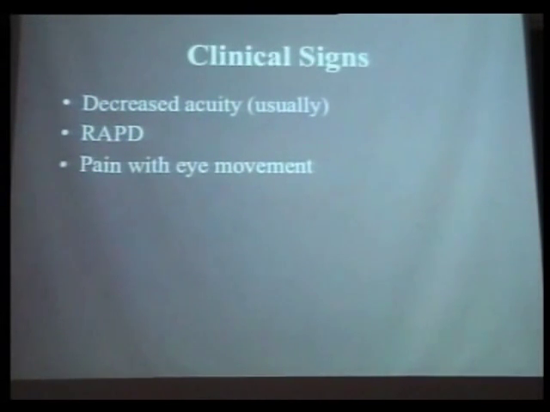Pain on eye movement is an important sign. If you cannot elicit pain, particularly on eye movement, at the beginning of this episode or preceding it, question the diagnosis. Not everybody has it, but about 90% of people will have it. And it doesn't mean that if you do have it, it's necessarily optic neuritis due to MS. But if you do not have pain, think of something else causing the problem.